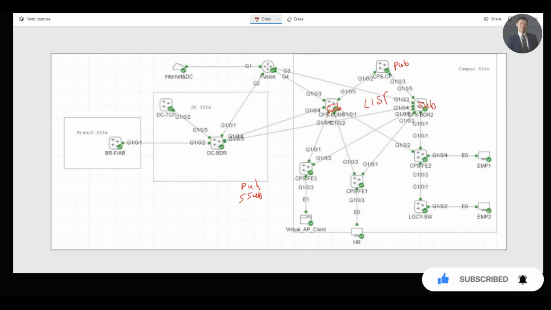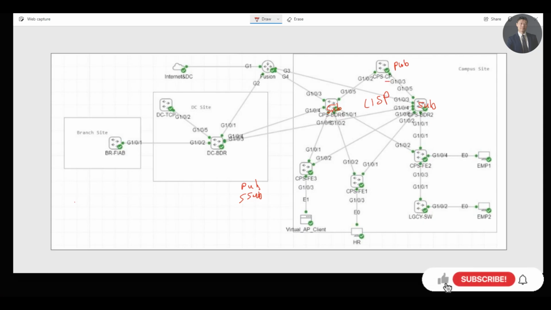LISP here is running as a control plane protocol instead of BGP. It also eliminates the need of iBGP sessions between the distributed border and the control plane nodes and the transit control plane nodes. This step will verify the LISP pub/sub configuration added previously to the campus control plane